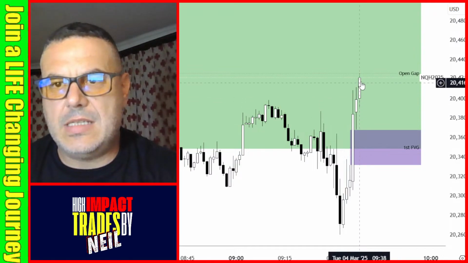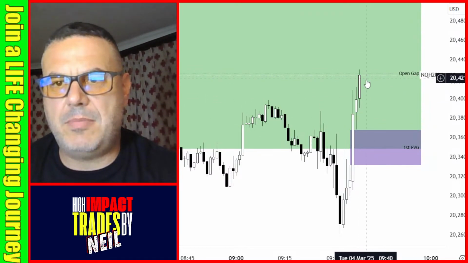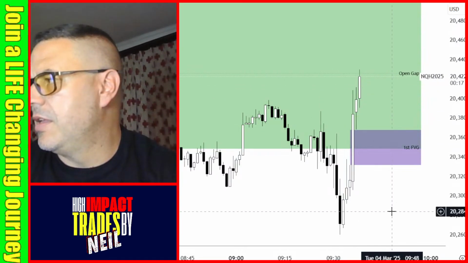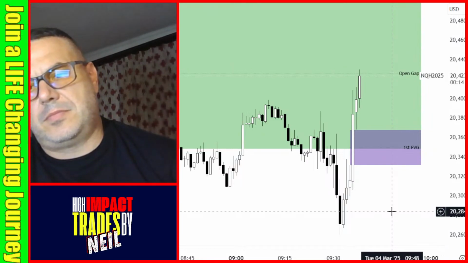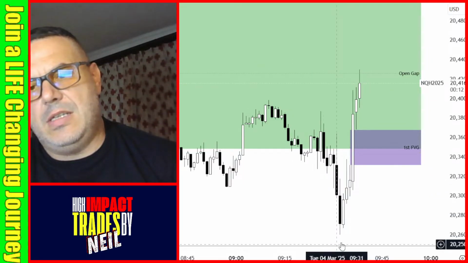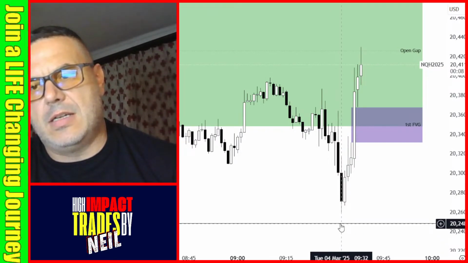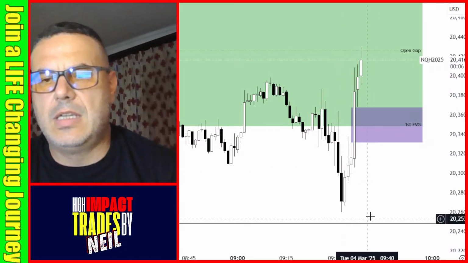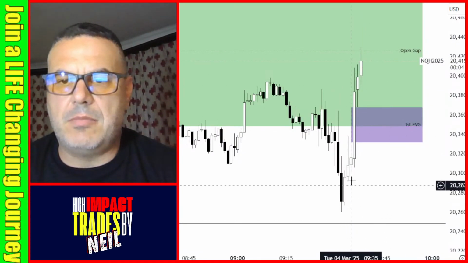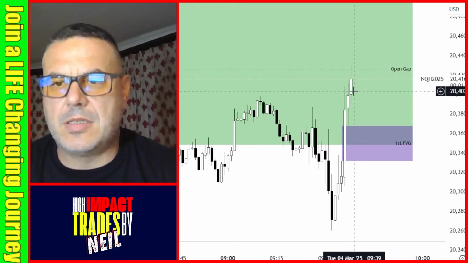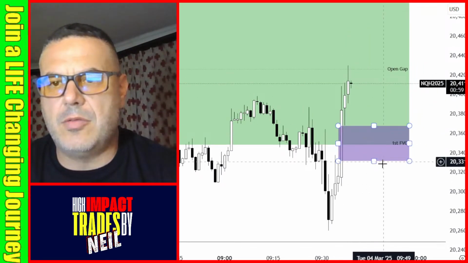Okay, so far we're testing that 50% of that opening gap. Just spike through it quickly. It would have been nice to see this equal lows get taken out first down here at that line at a 248 level, and then try to take it up there. But this is our first fair value gap, so let's see if we're going to get a bounce from here or break down to